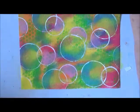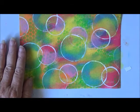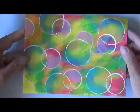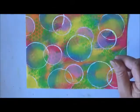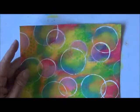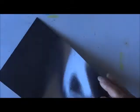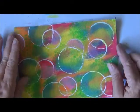Okay, now let me think. I really like how that is looking. Looks really nice, bright and colourful. So I'll just give that a quick dry. And what I'm going to do now, I'm actually going to glue it onto my sheet of magnet. Okay, so I'm